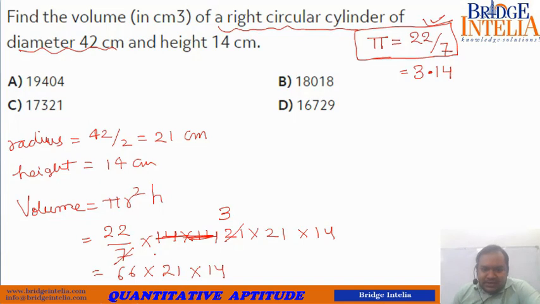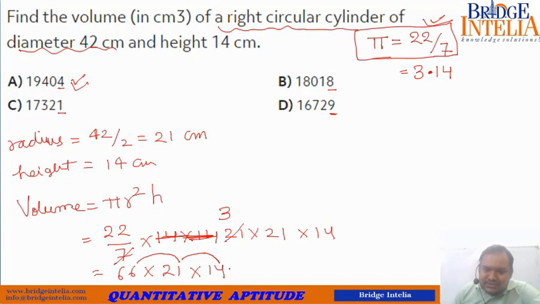If you are in a hurry, I'll tell you a trick. Had I been solving this question in an examination hall, I would have immediately noticed that the unit digits of the answers are different. Then I could have simply solved 6 into 1 is 6, 6 into 4 is 24, so this must be the answer, because my unit digit comes out to be this. So I would have straight away ticked. But here let us solve this.